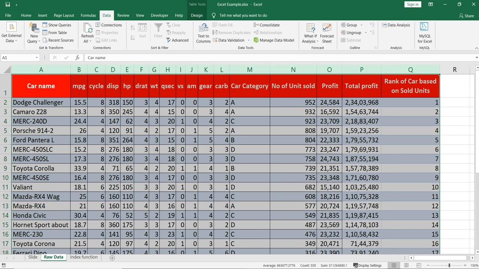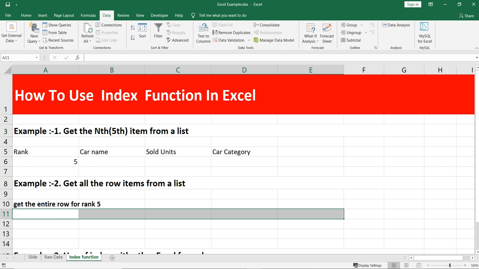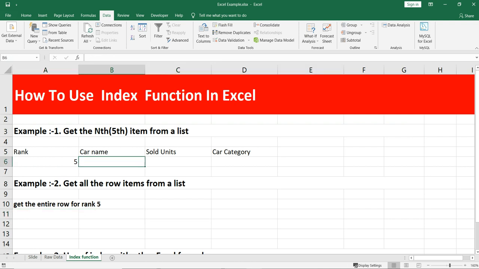We have to get the car which has the fifth rank, so we'll start writing the INDEX formula.